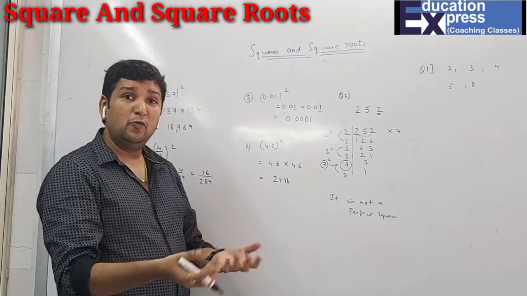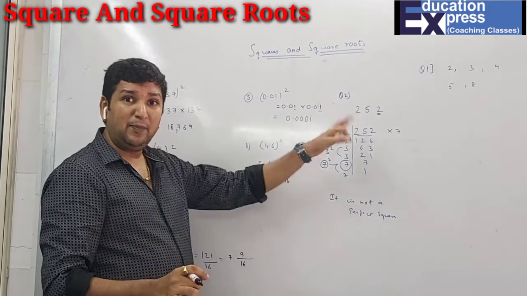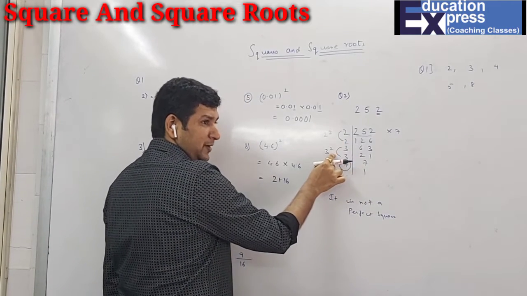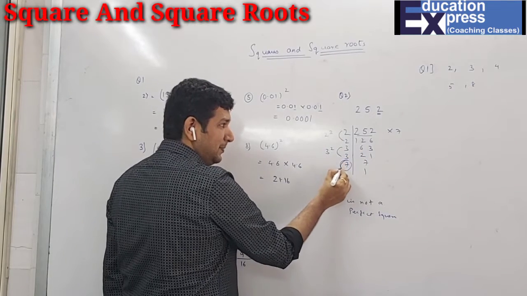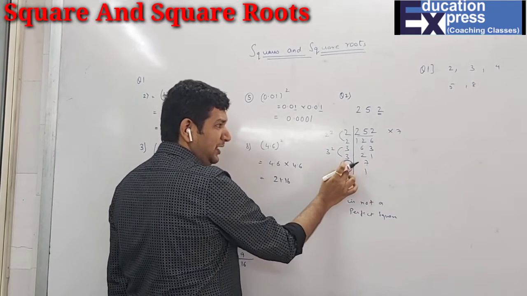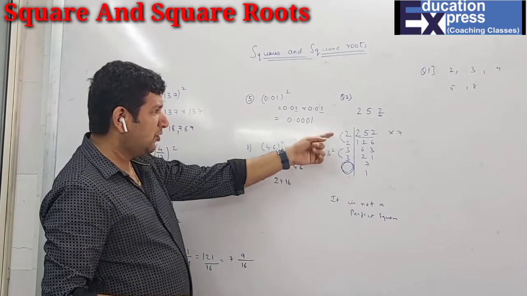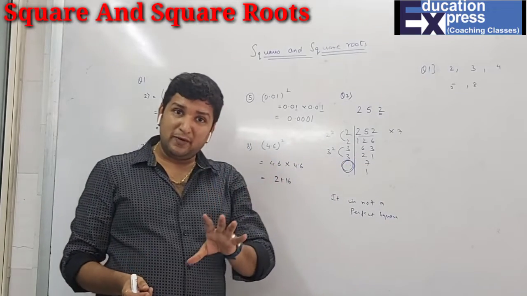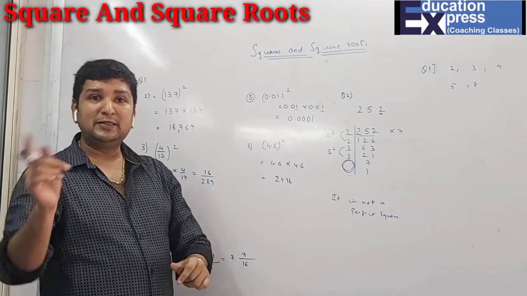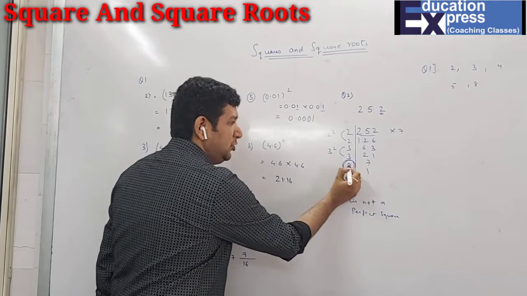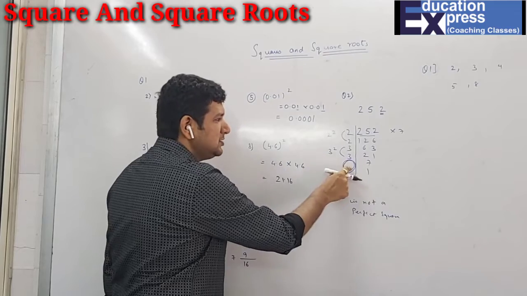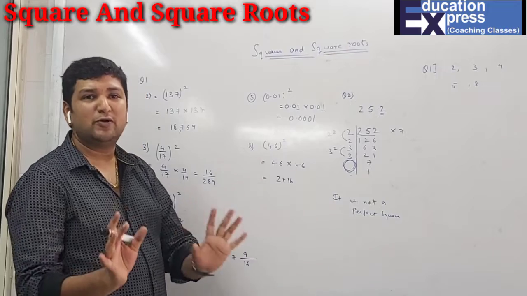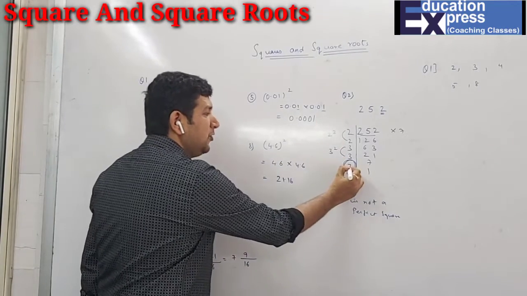Similarly, they can ask what number you can divide by to get a perfect square. Obviously you know that over here, this was a perfect square, this was a perfect square. So if I divide this number by 7, this 7 will definitely go. And if the 7 goes, obviously what is left? 2 square and 3 square. So then also it's a perfect square. That means even if it's not a perfect square, you can make it a perfect square by multiplying or dividing. For multiplication, you have to multiply by the same number. For dividing, you have to divide by the same number. And then you get the perfect square. But here they have asked whether this is a perfect square or not. Now obviously the answer is it is not a perfect square.